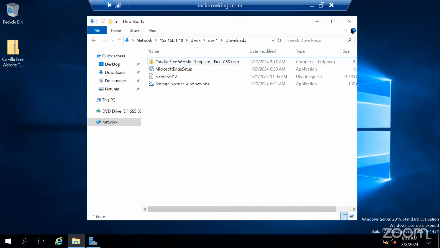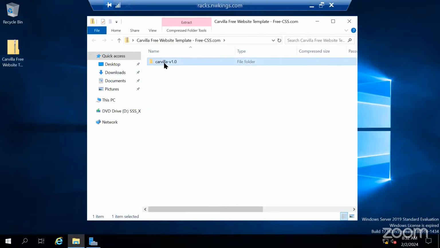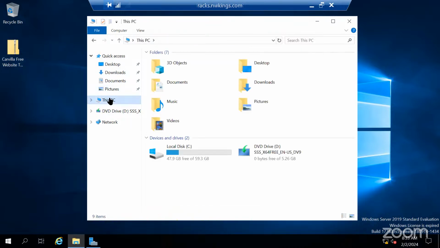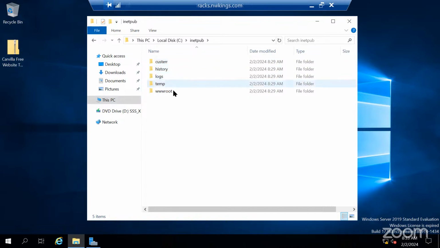Now this is the website which I want to host. So copy it. The page which you are able to see is actually under inetpub, wwwroot, and then this is the page.